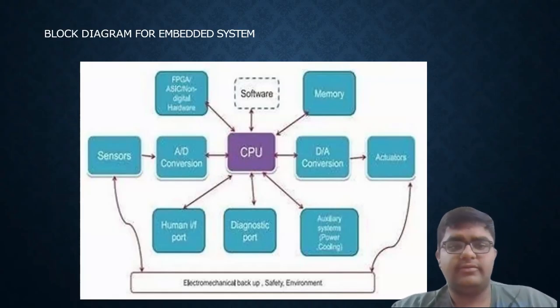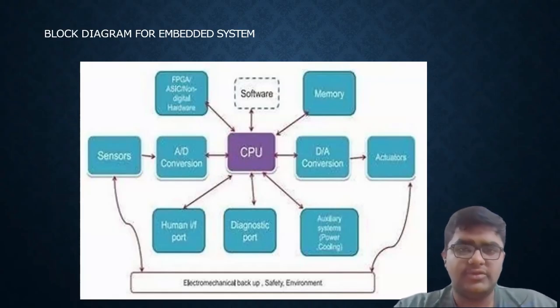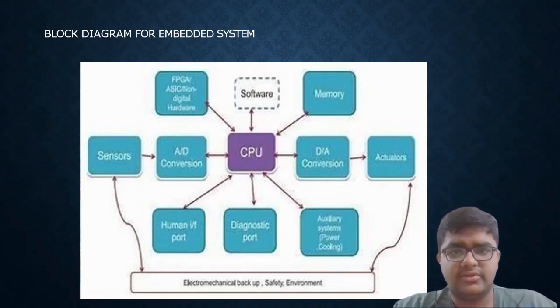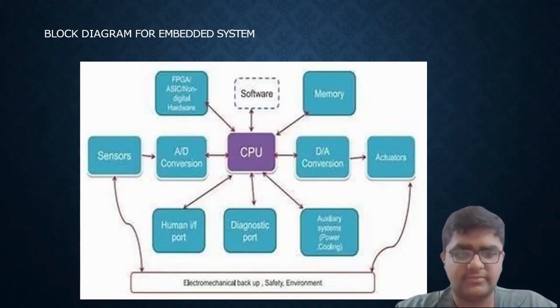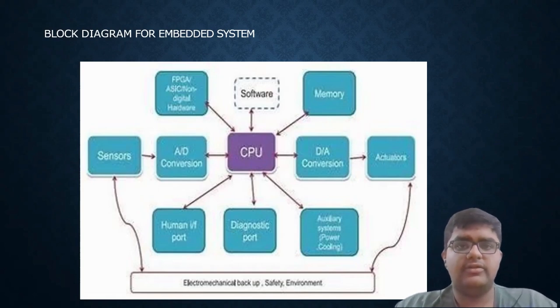It takes data from sensors and writes to actuators accordingly. It has multiple other algorithms called software, which is written into the memory, which can be taken by the CPU for carrying out all kinds of tasks. Then there are human ports, diagnostic ports, and other kinds of ports, which are used for safety, testing, and other